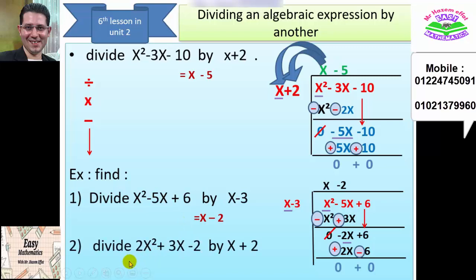As the last exercise, try to solve this by yourself. Divide 2x power 2 plus 3x minus 2 by x plus 2. Try to do the same steps by yourself, and finally the answer will be equal to